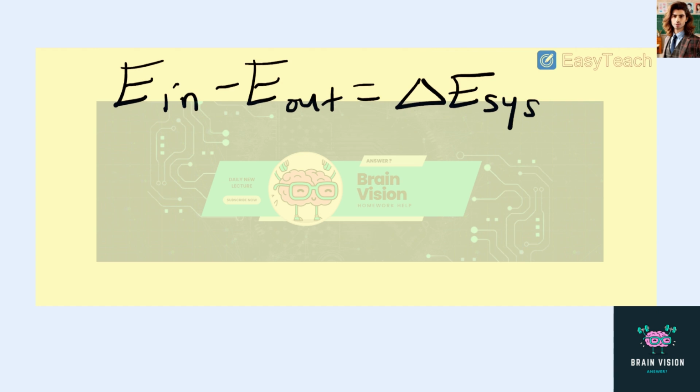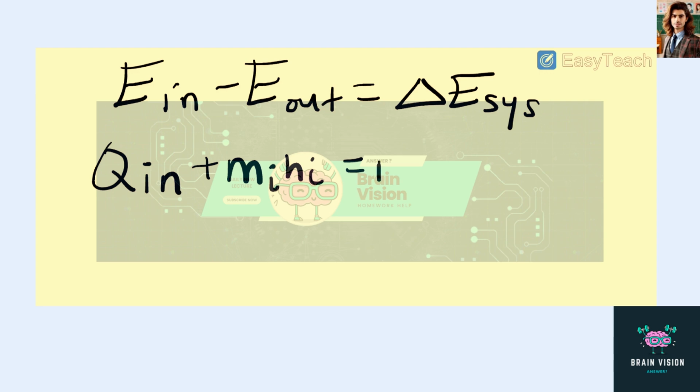The energy coming in is due to the heat transfer coming in and the mass that's coming in as well, so that's going to be plus mi hi. There's nothing leaving because this is a rigid tank that doesn't have any other valve where things could escape. So this is equal to our change in energy of the system, which is m2u2